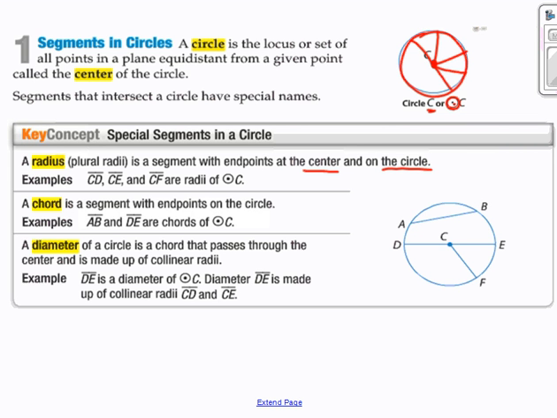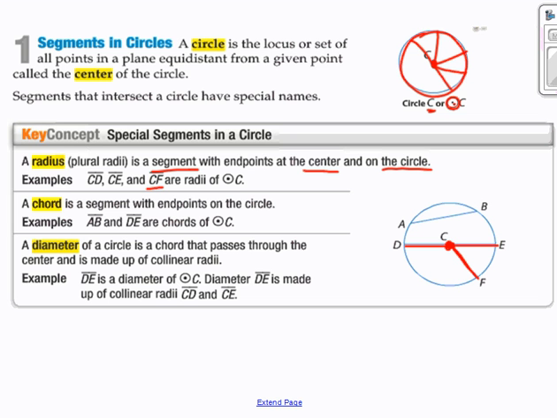So an example with those are CF is a segment. Notice it's a segment. So notice how they're labeling that. CE is a radius, and CD are a radius of that circle, because they all start at the center, endpoints